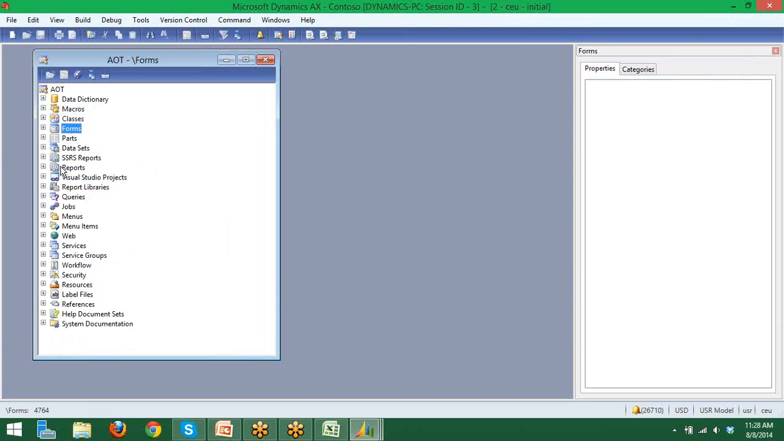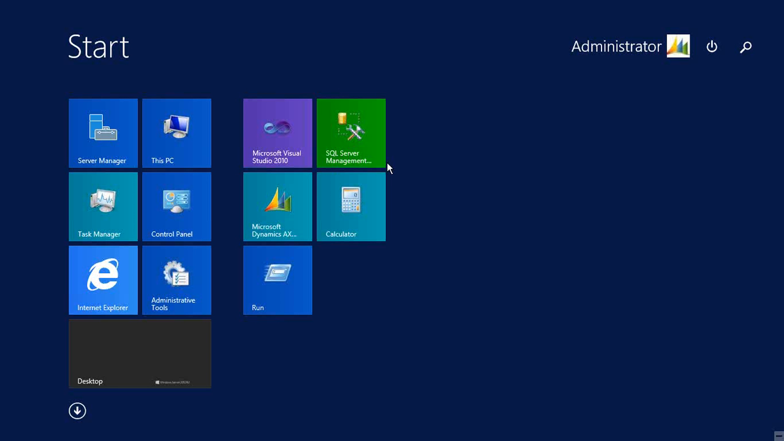But here there is one thing I'm going to explain. Except SSRS reports, we can develop anything in the AOT only. SSRS reports should be developed in the Visual Studio. How are we going to develop our SSRS reports in the Visual Studio? Let me open the Visual Studio. In this Visual Studio, we will develop SSRS reports and deploy them to the Microsoft